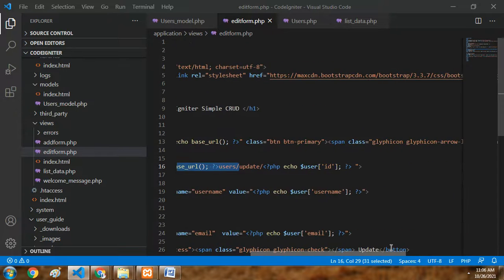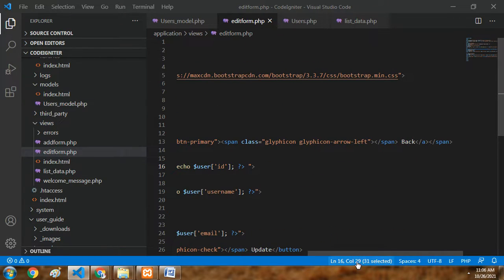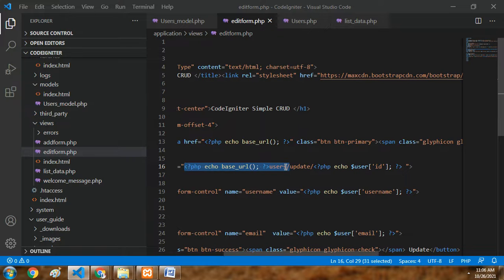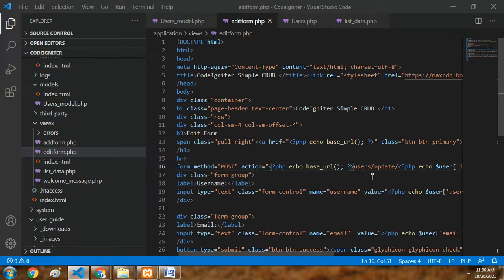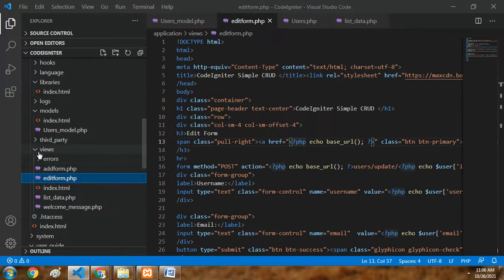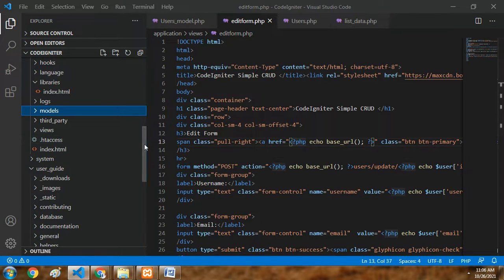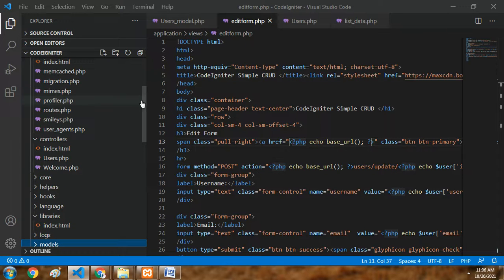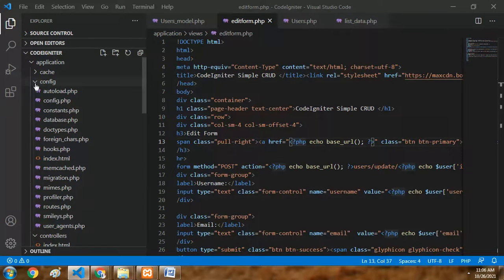So the back button previously was this one. It was only going to base URL, but now we can change that to here. One more thing we can do. Like we can add the configuration file default route to, as I already told, there is a default router for any installation of CodeIgniter or any project. We can set a default router in